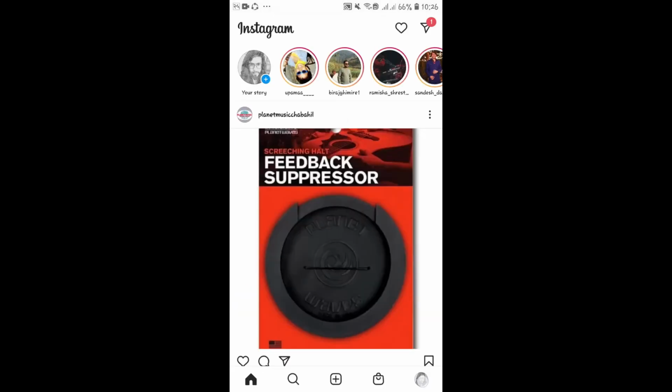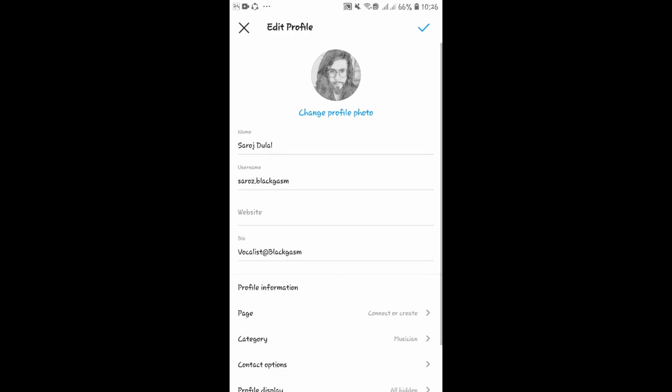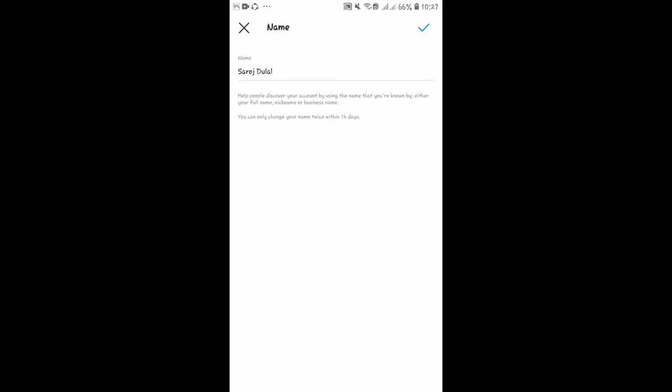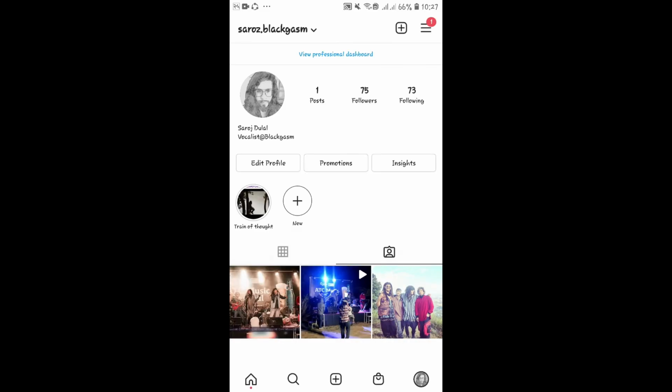First of all, let's go into the Instagram application. From the application homepage, go into your account icon at the bottom right corner. You can change your name by tapping on Edit Profile if you have not already changed it twice before 14 days. In case you cannot change it anymore, go into your account icon and then tap on the menu icon